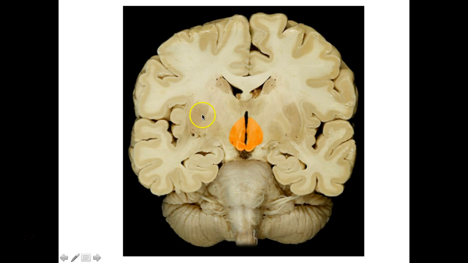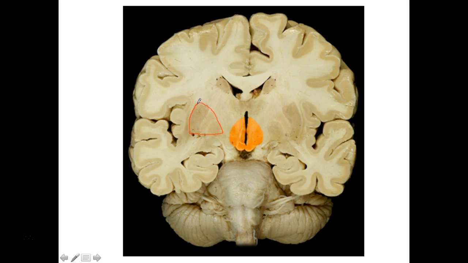Now here's a coronal cut through the cerebrum, and this highlighted portion is going to be the thalamus. You also have the corpus callosum here. This is part of our lateral ventricle, and this would be the caudate nucleus. And then this here, let me outline this portion. This here would be our